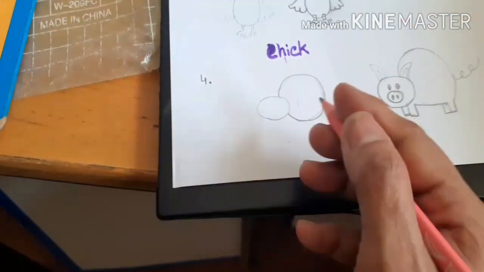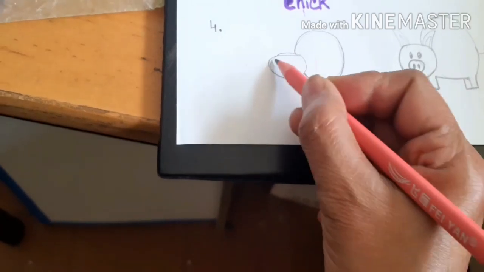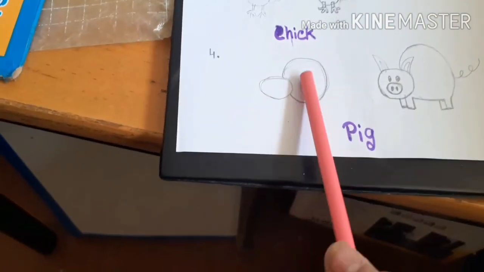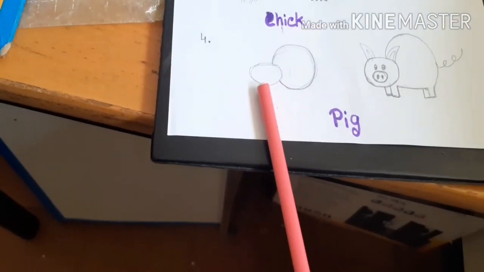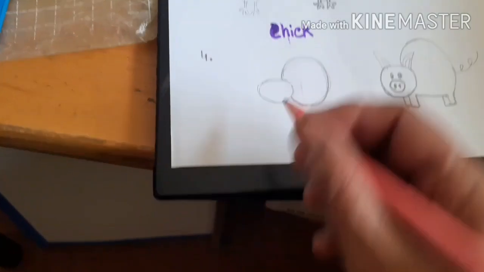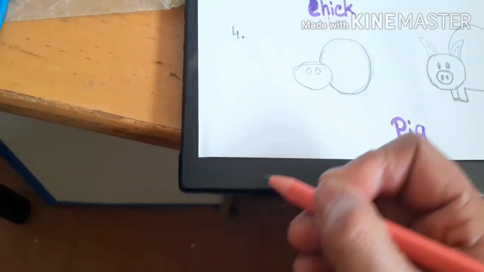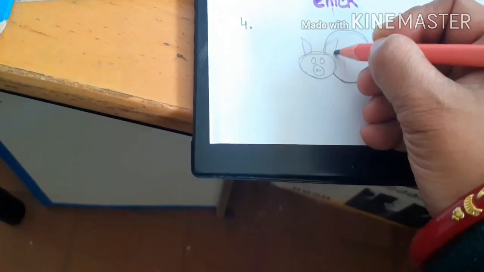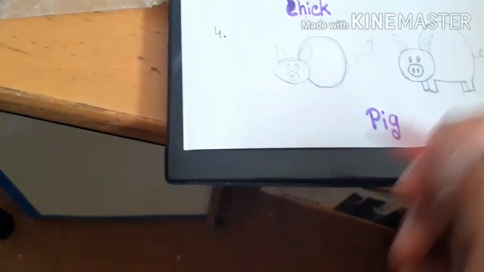Now, I make one oval here, then a big circle around here. This touches this oval. So what do I make? I make a pig. How do I draw? First you draw this one, then his eyes, his nose, then his ears. After that, the tail, and it is easy to draw his leg, right?